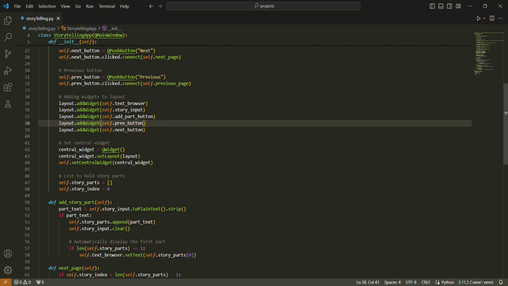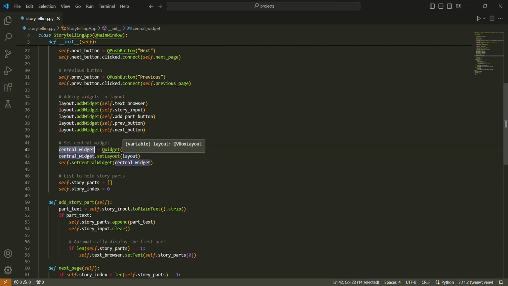So let's move on, and now we define a central widget for our application that can be defined by instantiating the QWidget class into a variable called central widget.